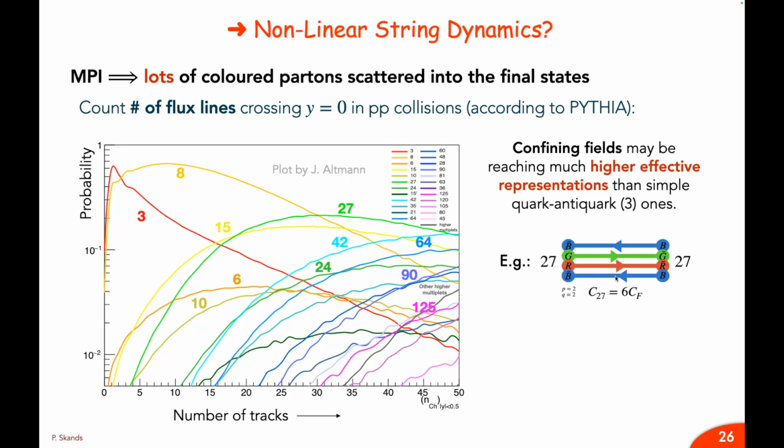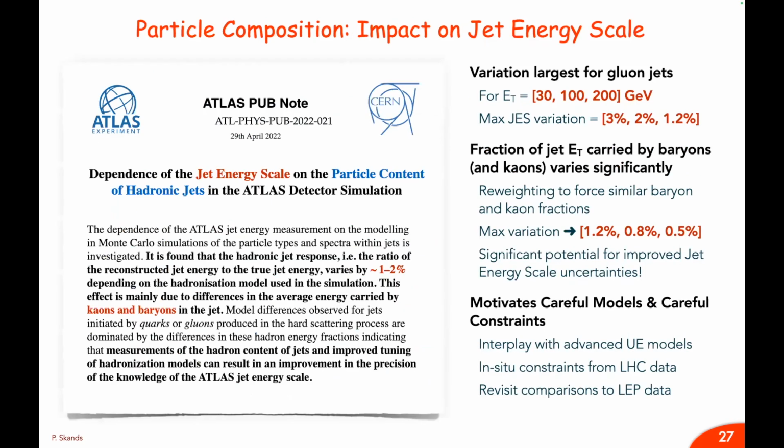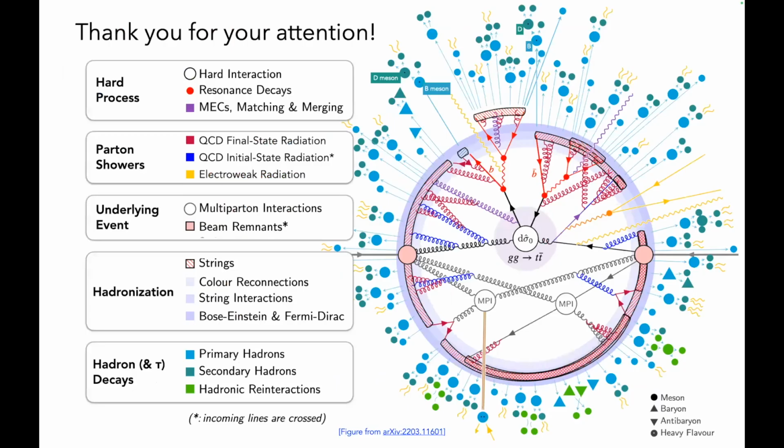Or maybe the string picture is breaking down. As I said, if there's enough energy density, maybe you're creating something more like a quark-gluon plasma. We're trying to find that out now. There's lots of exciting model building going on. And what particles you have in the spectra can affect things like jet energy scale calibrations in the experiments, which is really cool. But I'll stop there, and